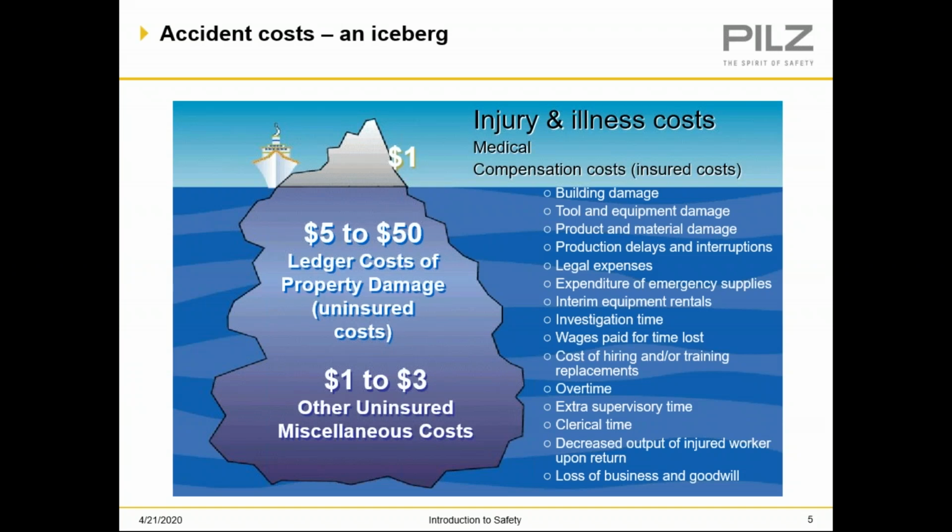The cost of an accident, and it follows the iceberg model perfectly. You see the 1% that's above the waterline, and that's the direct cost that you see on the front end. The person got injured, medical expenses, so forth. But then below that are a huge amount of costs that are real financial costs, come right off the bottom line, legal expenses and retraining and all sorts of expenses that aren't necessarily looked at or high profile on the front end, but they definitely have to be considered. So when somebody's weighing, do I need to do more safety or not, they need to consider those factors as well.